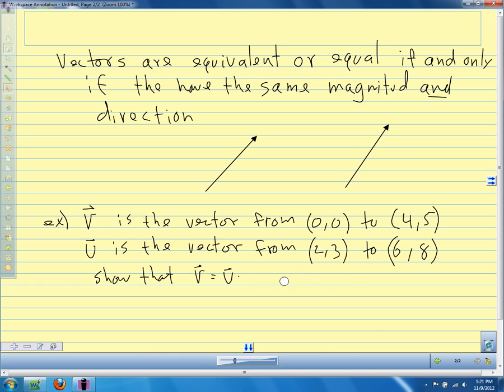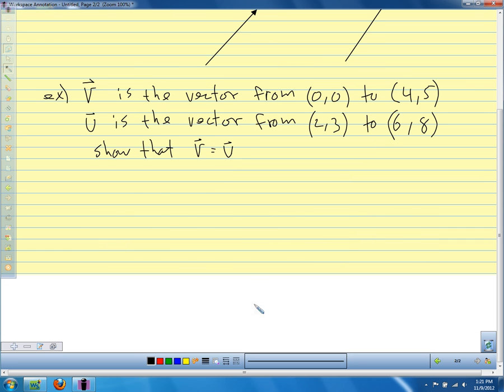So to show that they're equal, we want to show that they have the same length and they point in the same direction. So how can we show that these vectors that go from (0, 0) to (4, 5), and from (2, 3) to (6, 8), have the same length? What would we use? Distance formula. So we can find the distance from point (0, 0) to point (4, 5). Basically, we're calculating the length of these segments. So the length of v,